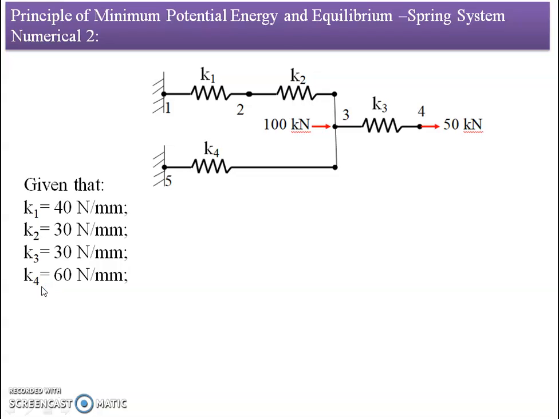What we have to do is find the solution for the displacement components at the respective nodes. If I consider the boundary conditions, from the figure I can say the displacements u1 and u5 at nodes 1 and 5 should be 0 because of the end conditions, whereas we have to find the displacement at node 2, node 3, and node 4. So here u2, u3, u4 are the unknowns for us.